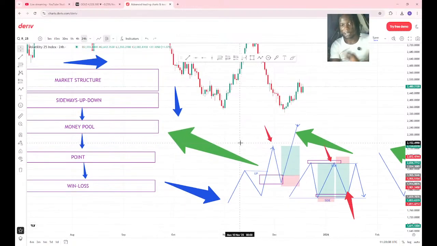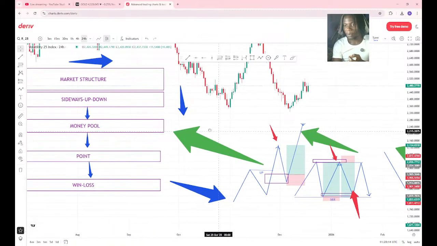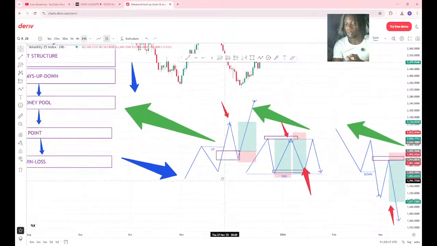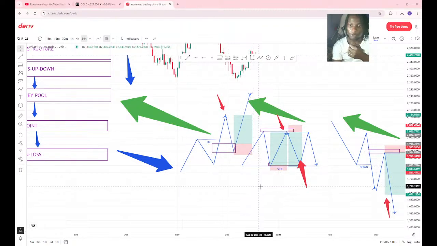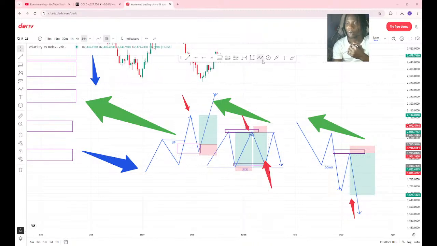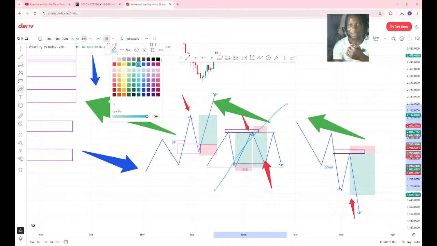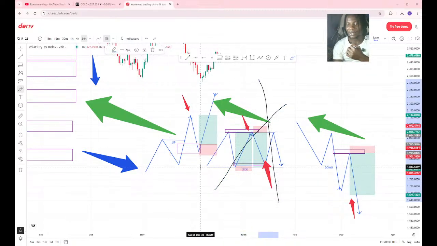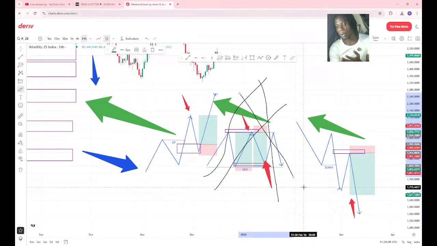Now let me show you guys on the chart. Remember, very easy. Structure point, move down to point, then you ask yourself, is that a win or a loss? This is how an uptrend looks like. Price goes up, comes down, then hits your zone, then you aim for your point. These are sideways trend moves, which are not advisable, guys. I think I need to draw it like this. Yes, this is way better. This is not advisable to trade, because price can get a little choppy. It might look good on this drawing, but it might not look good on the chart.